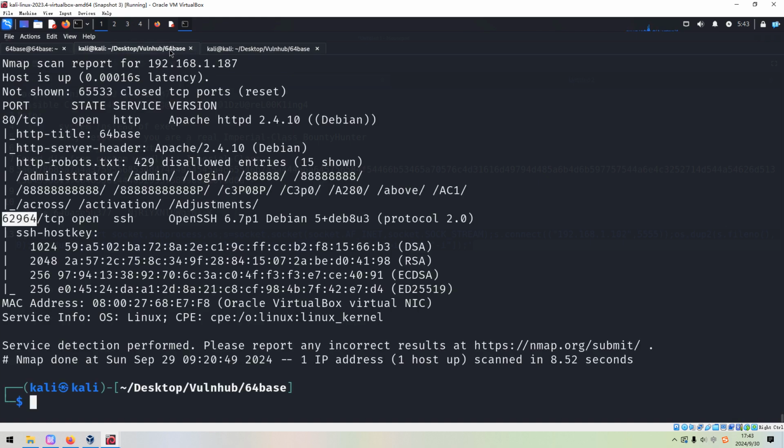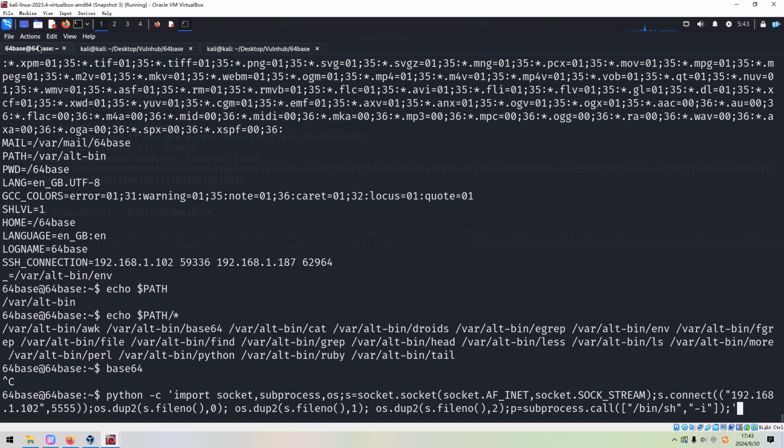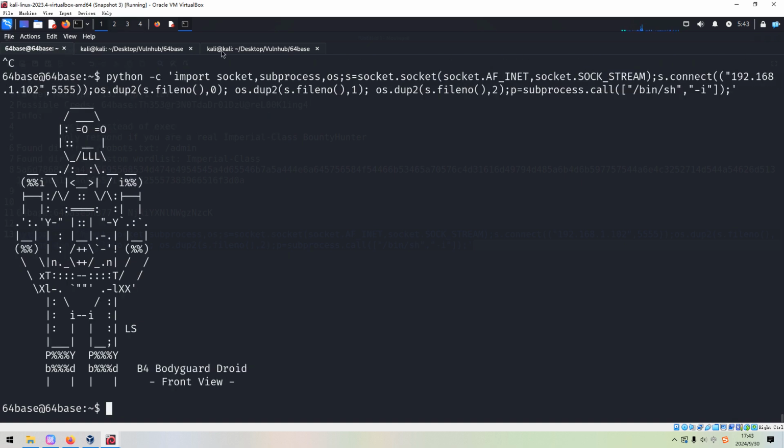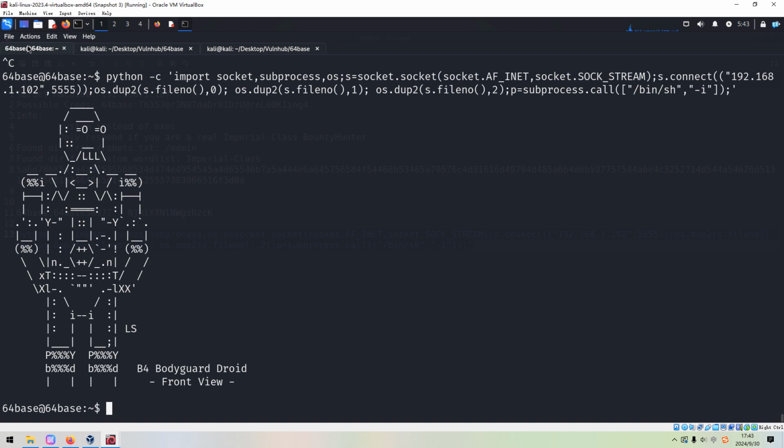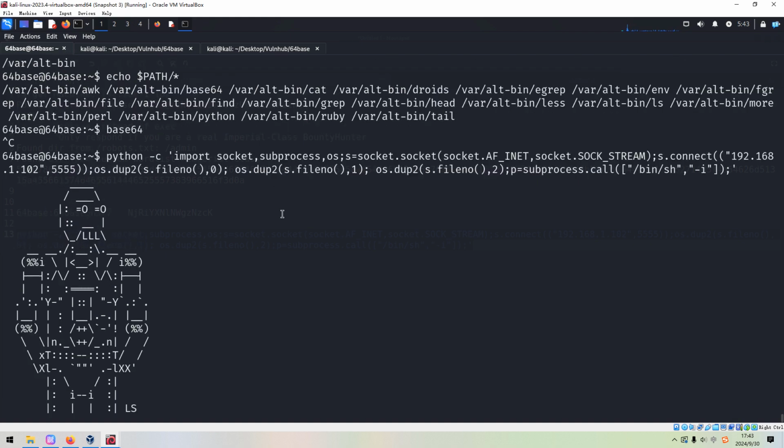All right. We can press enter. But we didn't get any connection from the target. It means that this way cannot work. Interesting.